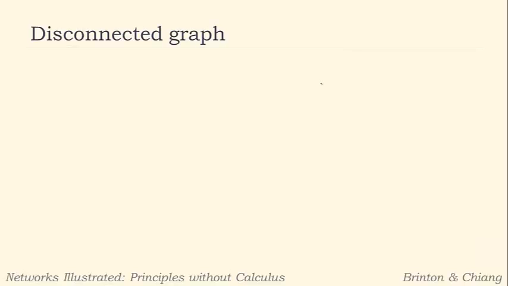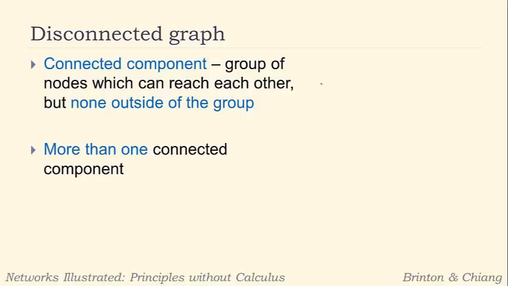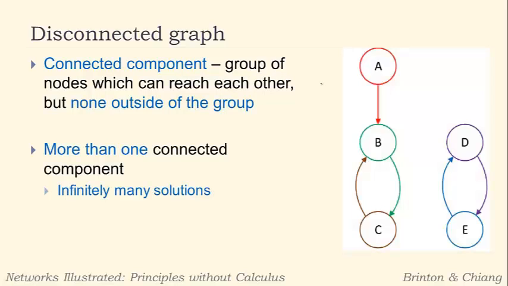So now we fixed the dangling node problem, but there's a second issue, the idea of a disconnected graph. We call a connected component a group of nodes which can reach each other, but can't reach anyone outside of their group. And so basically, in this graph right over here, we have two different connected components, right? So if our web graph looked like this, and obviously a lot of the internet might be something like this